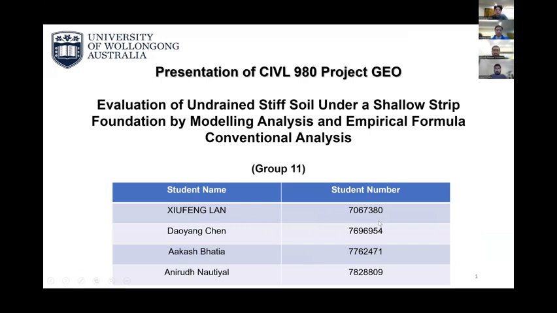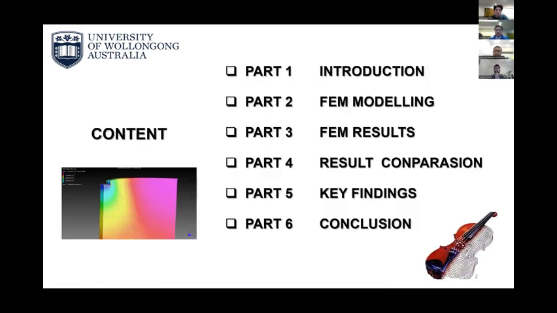Good day, everyone. I'll be discussing the objective and scope of our study. The primary goal is to analyze the mechanical performance of a shallow rigid strip footing on a stiff clay. Additionally, we aim to compare the results obtained from the finite element method with the empirical formula to validate